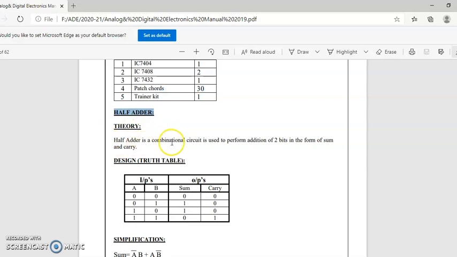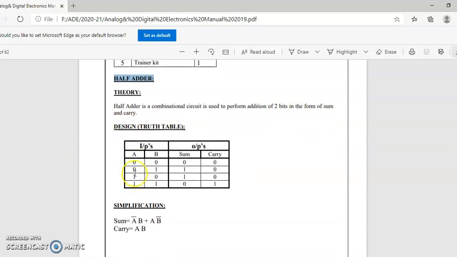A half adder is a combinational circuit used to perform addition of 2 bits in the form of sum and carry. So you're going to add 2 bits, and the result you get is sum and carry. This is the truth table of the half adder.